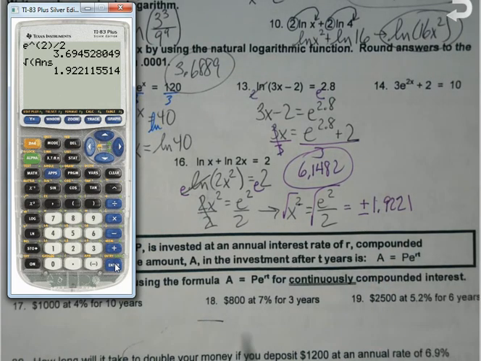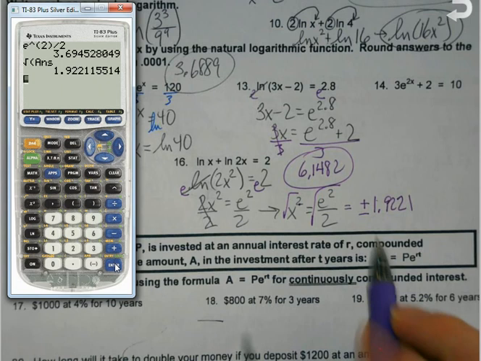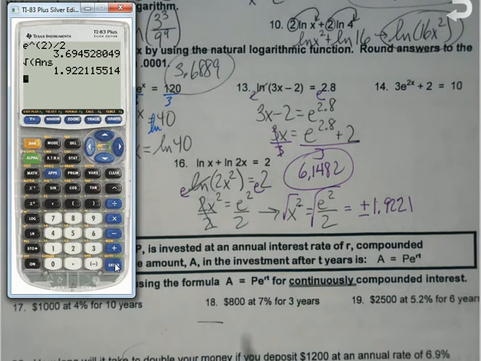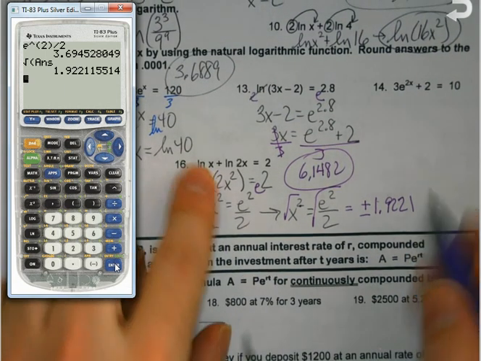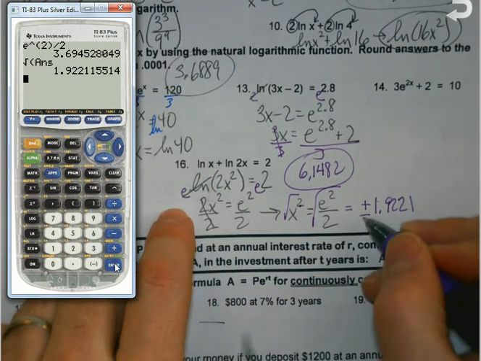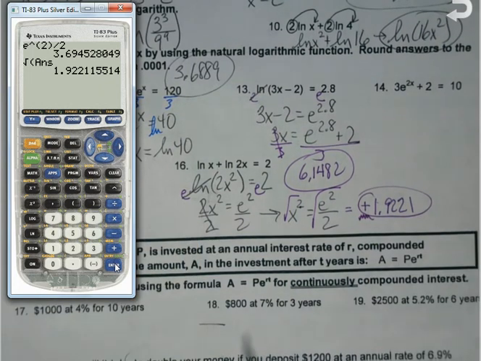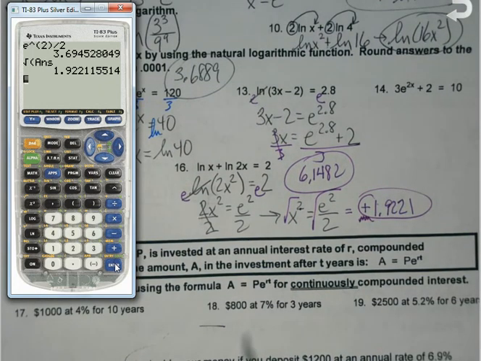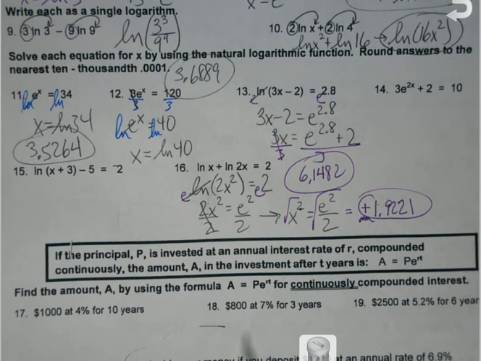But wait. Remember, can you take a log or a natural log of a negative value? No. Natural log of x. Natural log of negative 1.92? Oh, no. Okay, be cautious. You just want to be sure that whatever values you have, you're not creating that negative log or natural log that you're trying to take. That's when you say, but wait, there's more. Well, there is. Wait,